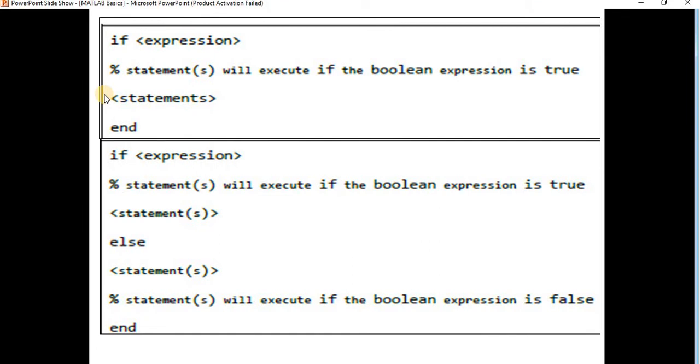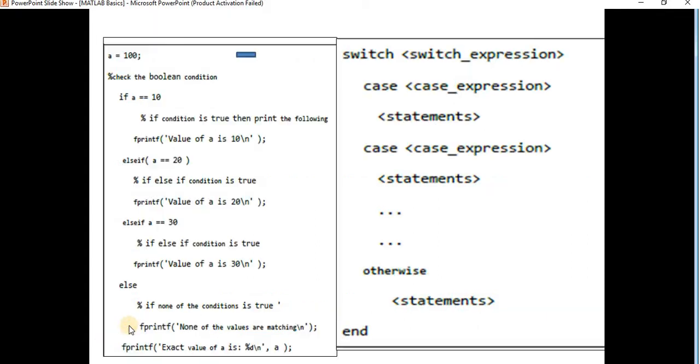See here the syntax of the if statement, that is if followed by the expression. If the statement is true, the following statement will be executed, otherwise it will come out of the end. The part available after the end will be executed if that particular statement is not true. This is the syntax of the if else statement. If the following statement is true, this statement will be executed, otherwise the else part statement will be executed. If else followed by end. If you want to terminate this condition, you have to give the end command.